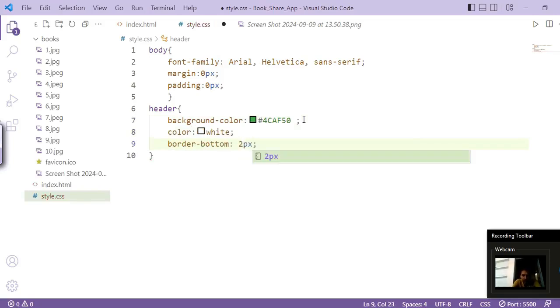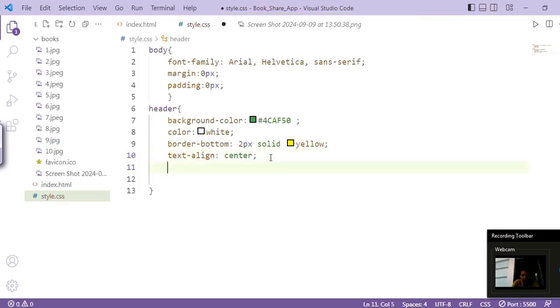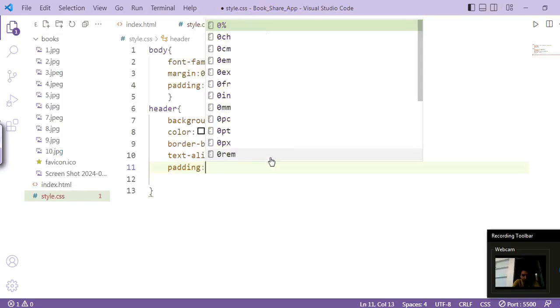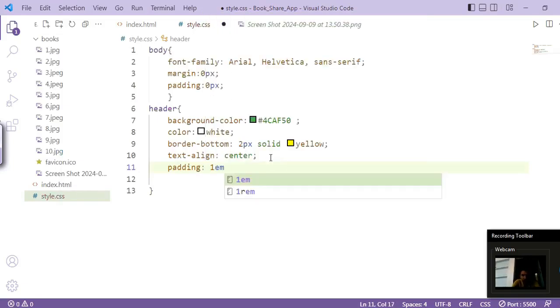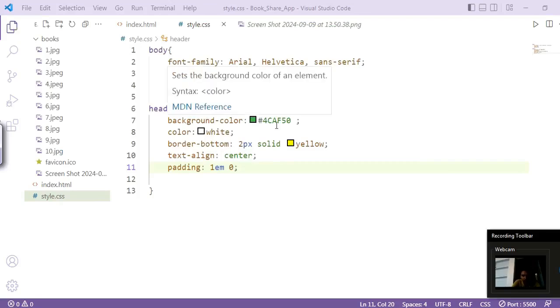So 2 pixel is the size, then solid border, and then the color which is yellow. Also our text is in the center, okay. So text align center, and I have given some padding also. So padding of 1em, okay, and 0, okay. So this is the CSS for header, and quite easy.